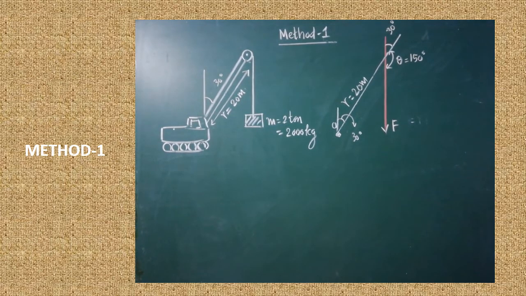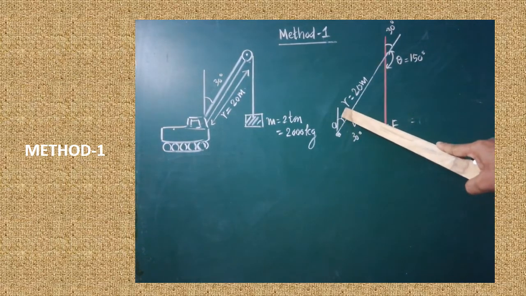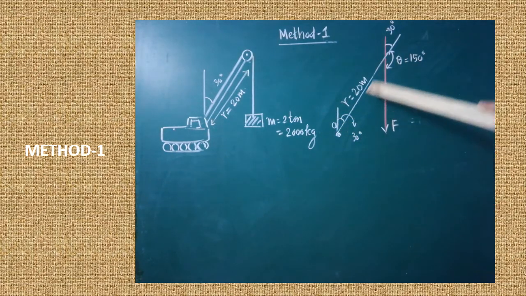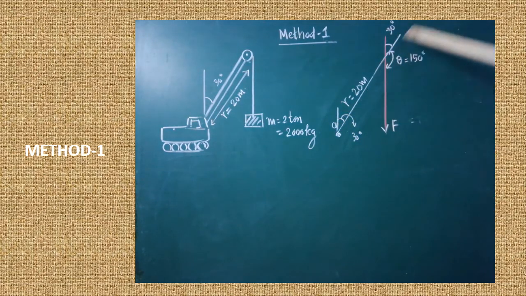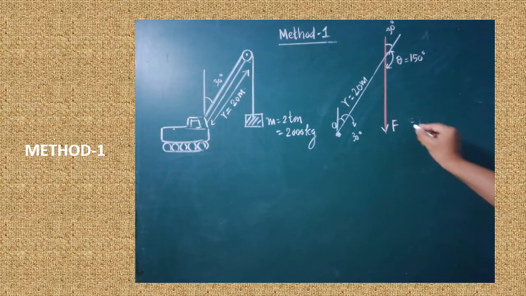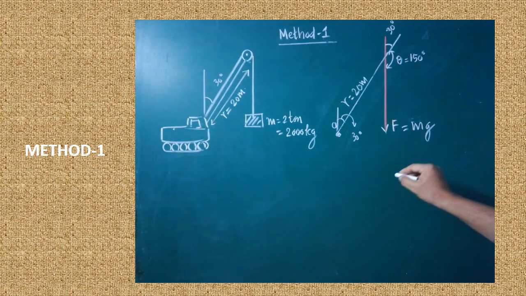Here, the arm that creates 30 degree with respect to the vertical must be extended. The pinkish line shows the direction of the gravitational force acting on the mass. Gravitational force can be calculated by the formula mg. The mass is known, and the g value is given as 10 meter per second square. This problem could be solved by 4 methods. So what is the aim of the problem?